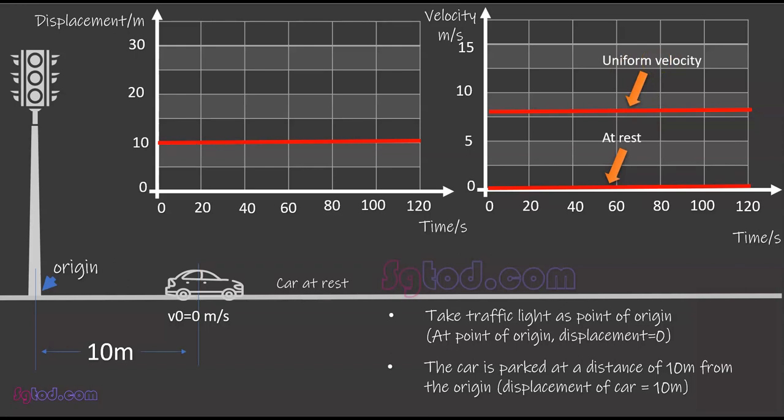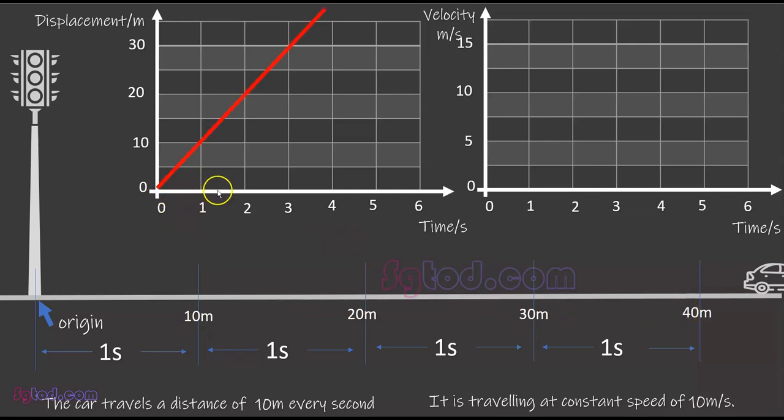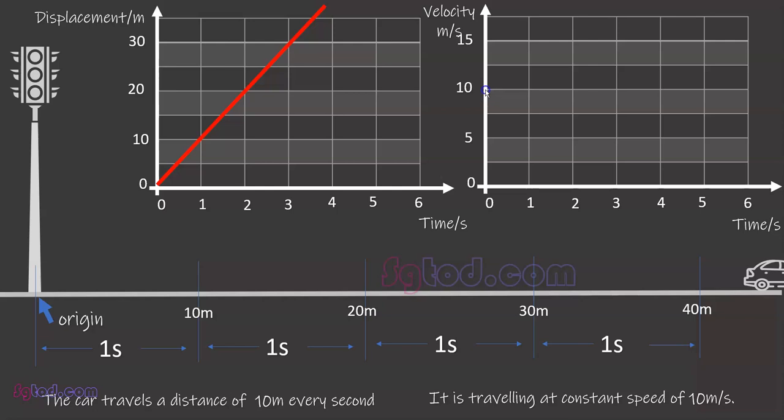Let's dive deeper into this. We have here a car traveling at constant speed. It travels a distance of 10 meters every second. When we plot the displacement time graph, we can see that its displacement from the traffic light increases at a constant rate of 10 meters every second. Hence, the graph is a straight line. The velocity time graph, on the other hand, is a horizontal straight line because its speed remains constant at 10